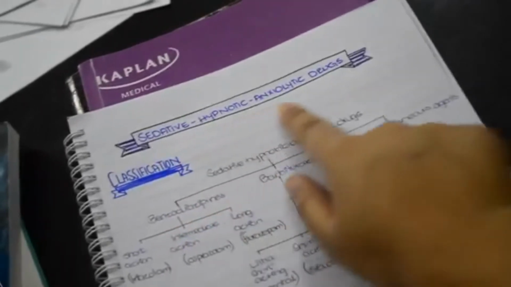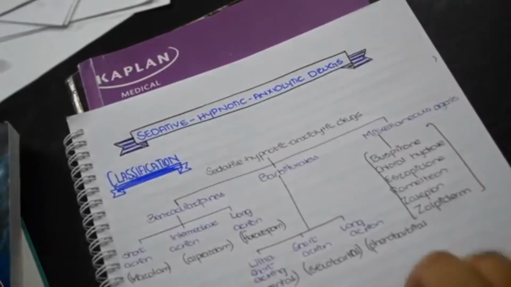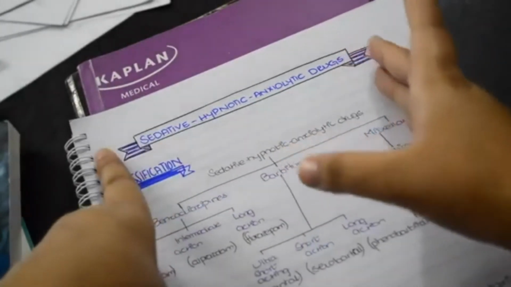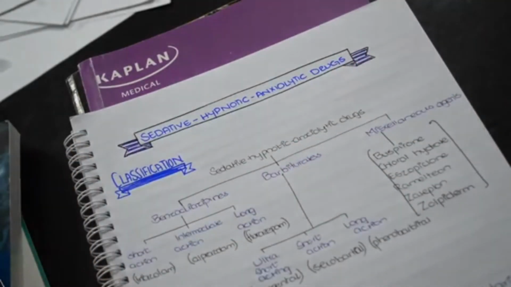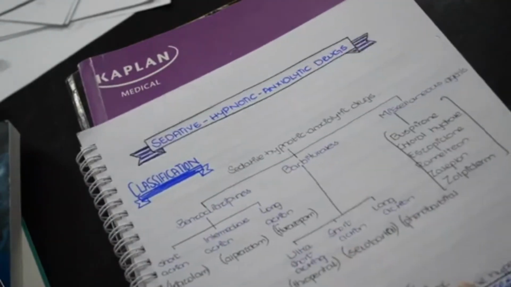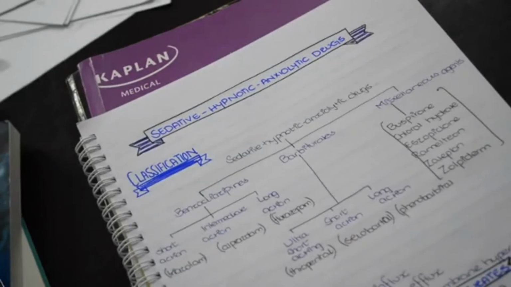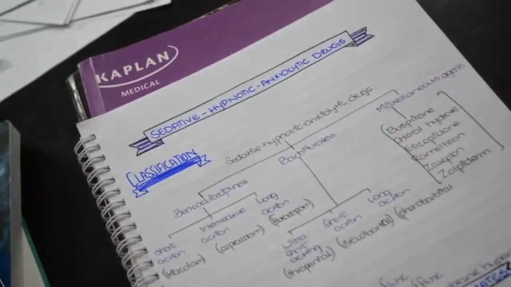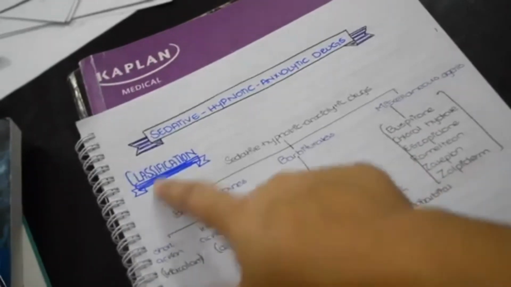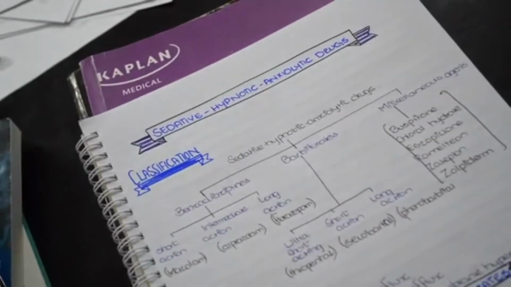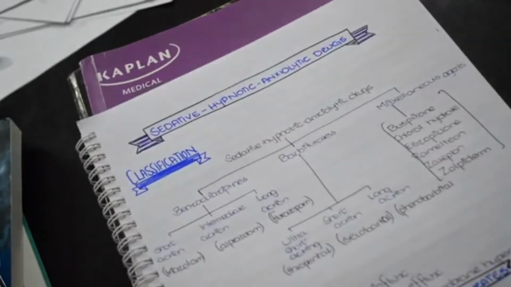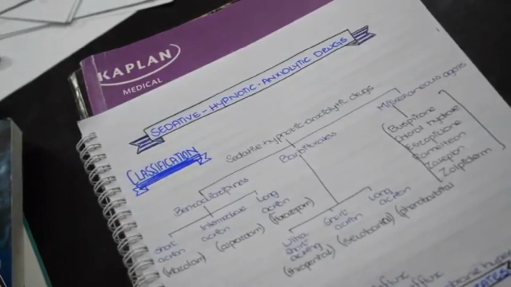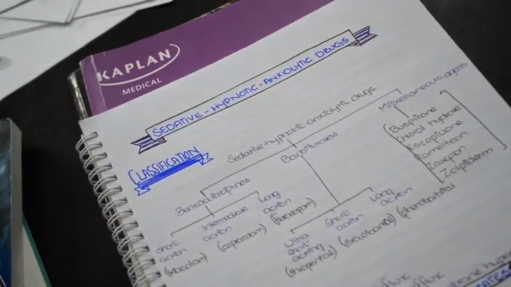So you see, this is the heading. You give a heading with a nice color. I made this look like a heading, so it looks like a heading. I didn't know what else to do. Some people also put sticky notes on it, and I'm going to try that soon. They put a big sticky note, so it looks really nice. Now it comes to the classification. Where do I do the classification from? I made this classification chart from Katzung and Trevor. This classification chart is made from Katzung and Trevor.